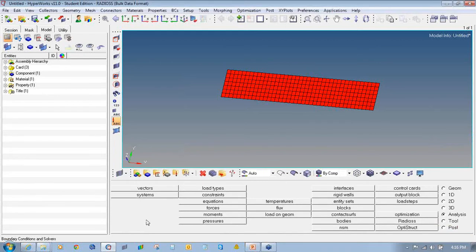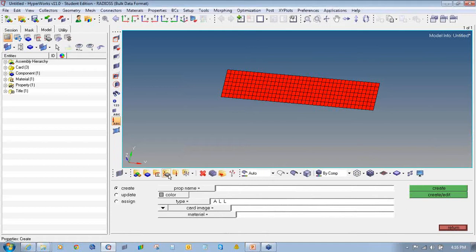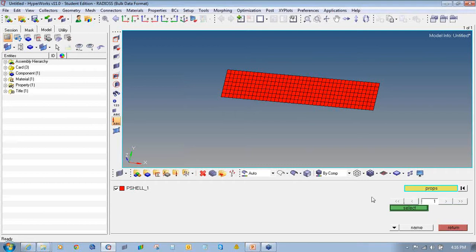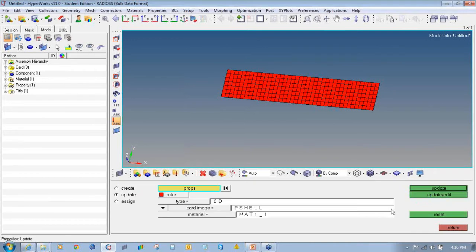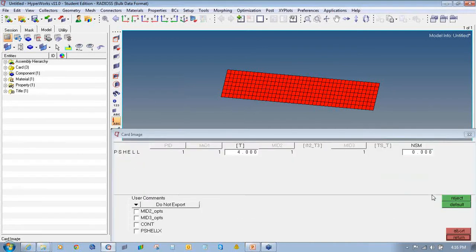Then we will update the property. So I will go to property collector icon. This icon is used to create or update the properties. Go to update radio button. Select shell 1. Click on update edit.